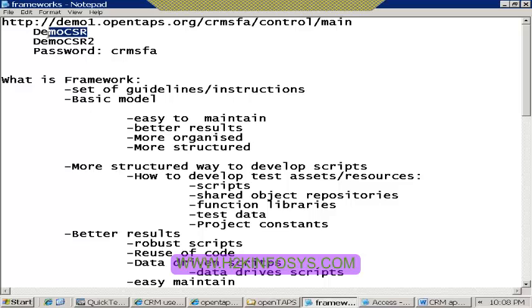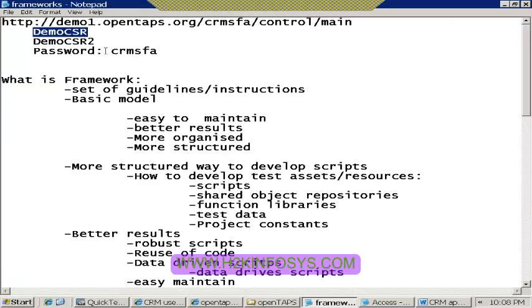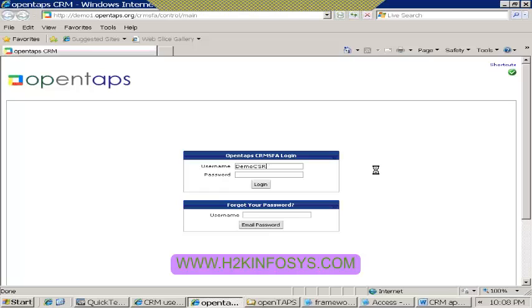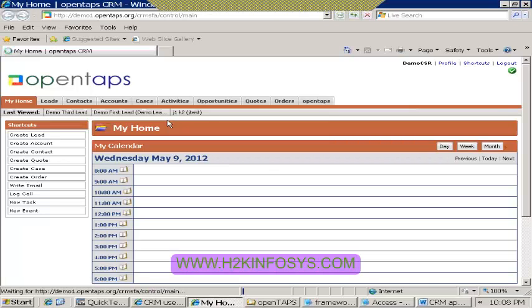Okay, so these are the two different usernames for this application. Demo CS is just the username, and CRM SFA is the password for those two different usernames. Okay, so once you log in,